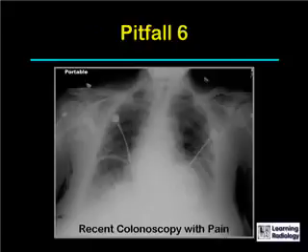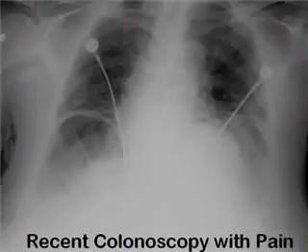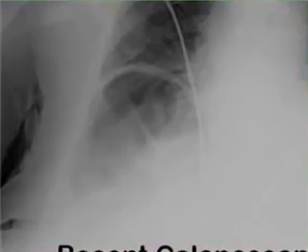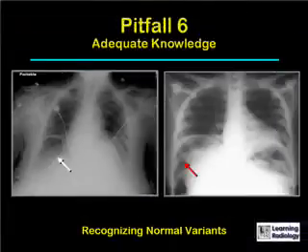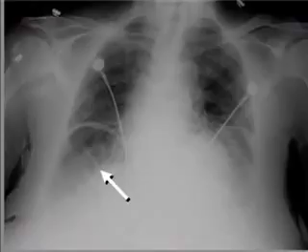So here's another example. This patient had a recent colonoscopy and then began complaining of abdominal pain. A portable upright chest x-ray was obtained. What do you think? Well, if you were worried about free air beneath the right hemidiaphragm, this is an example of being able to